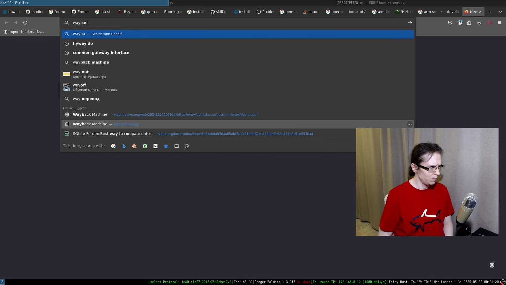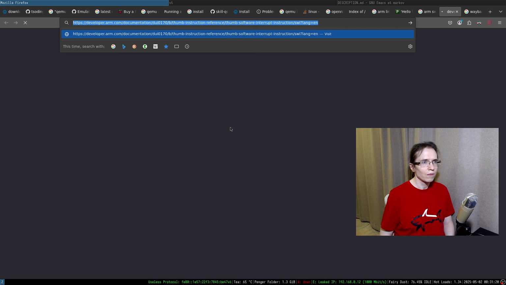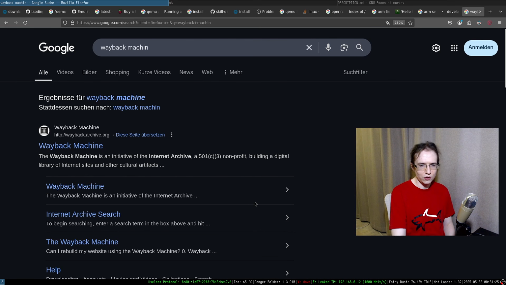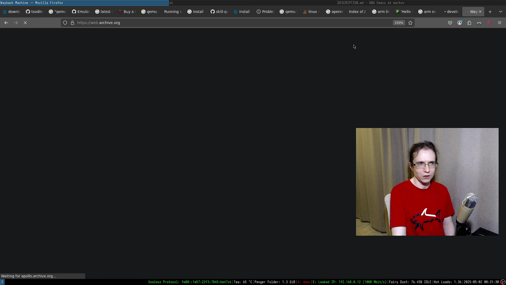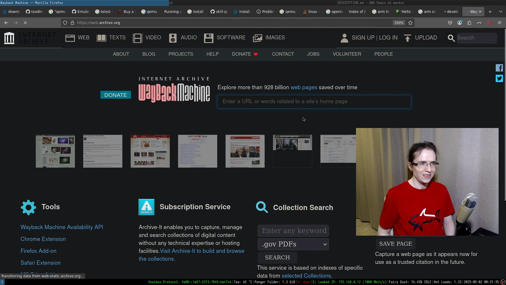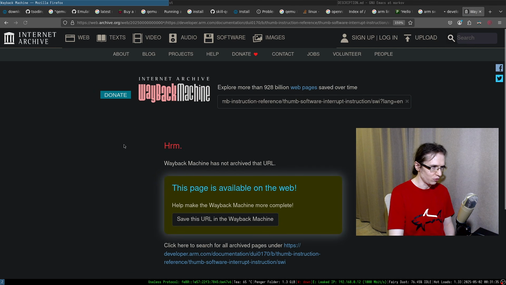Wayback Machine. Russia uses ARM for missile launches. So as you can see, banning ARM.com in Russia actually helps it not to use it. So as you can see, it actually works. The problem is actually solved.